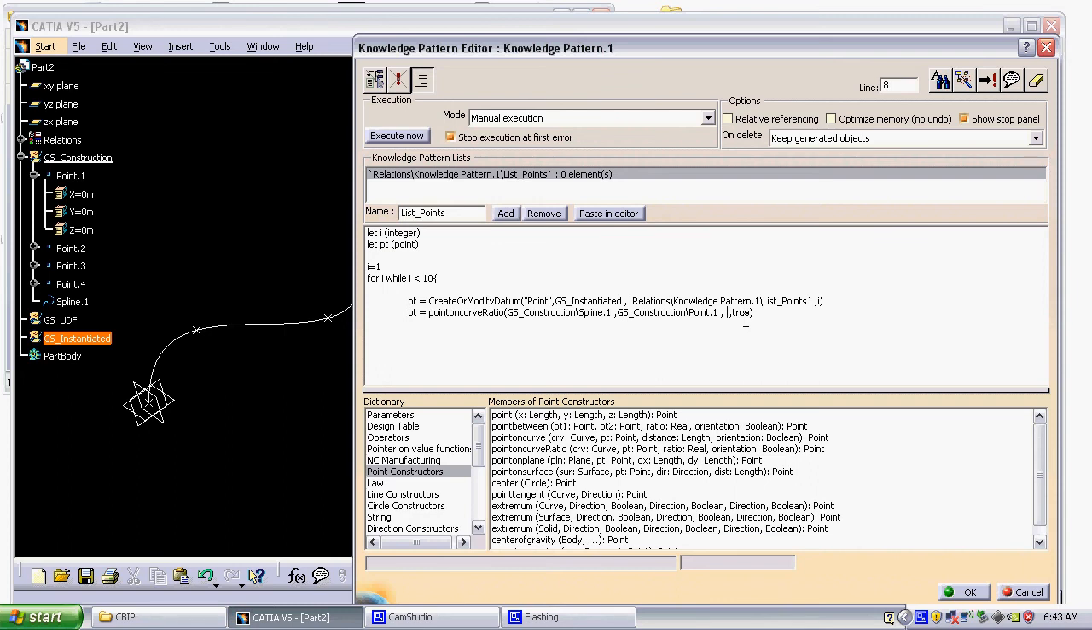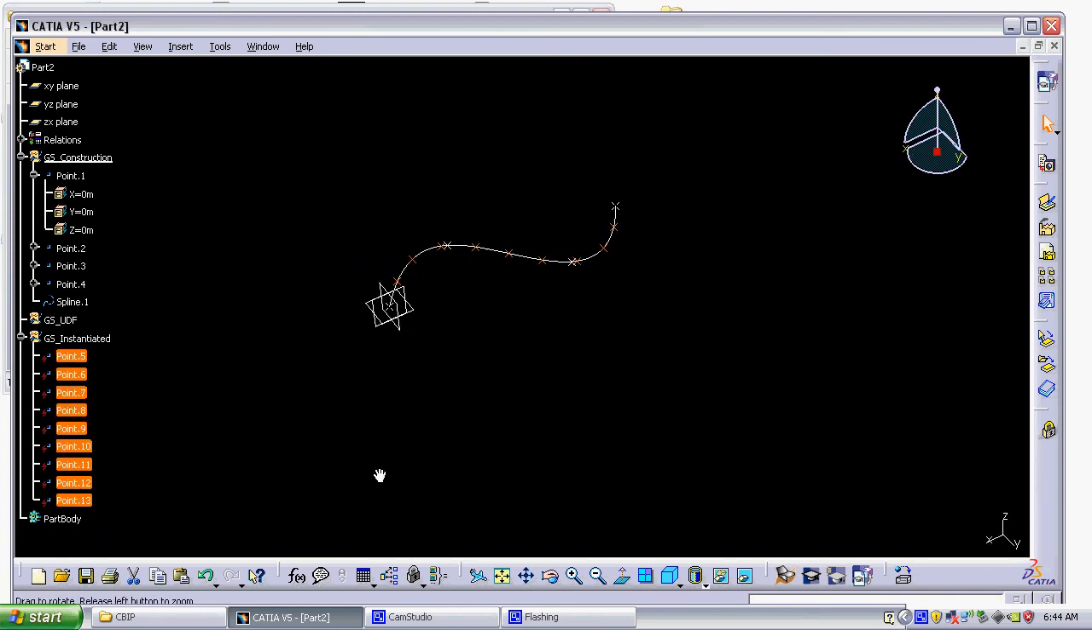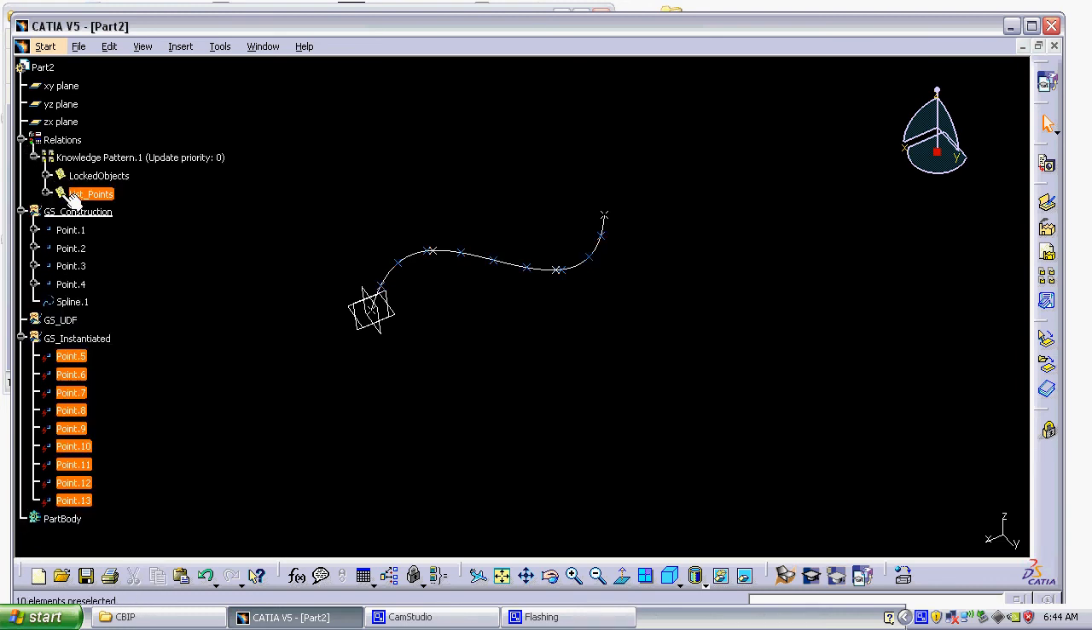Since we have 10 points total, we can just set the ratio as I over 10. Each time it gets to this distance, it'll take whatever I is and put it another increment of 1 over 10 along that curve: 1 over 10, 2 over 10, 3 over 10. That should be it for that. And then here you can set it to automatic execution. So there it is. We created 9 points along this line,